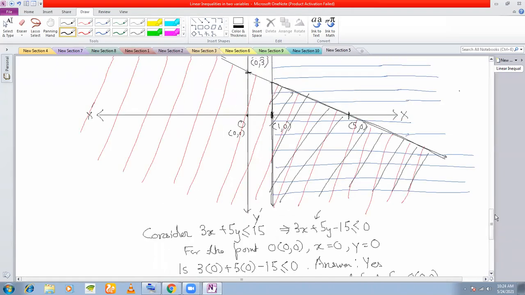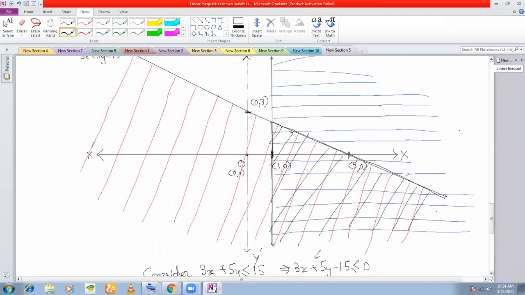Okay. Now, when you are in your examinations, you will not shade it with colors. Instead, you will shade only your solution set. In your examination, you are expected only to shade this part. So when you are finding separate solutions, you will first shade in pencil. Very light shade. And then for the other inequality also you will shade, and then you'll see which region is common, and then you'll erase all the other shadings that you had done earlier, and you only shade the common region.